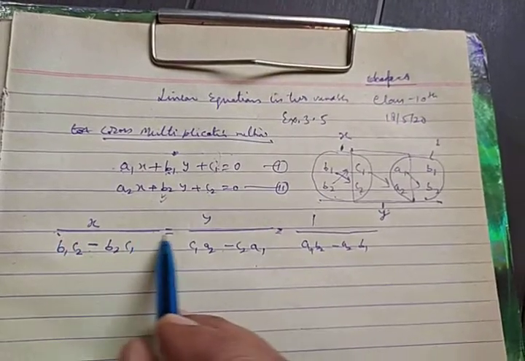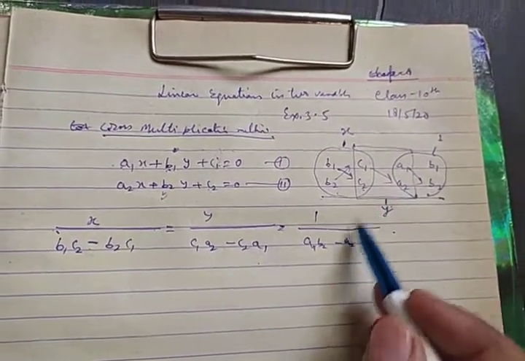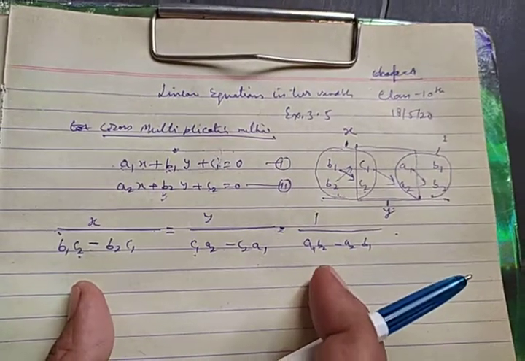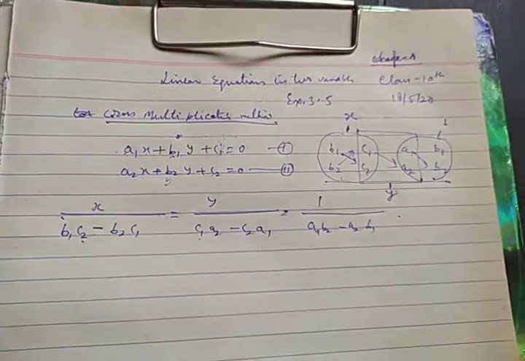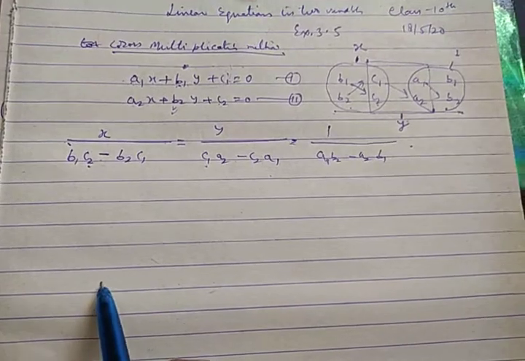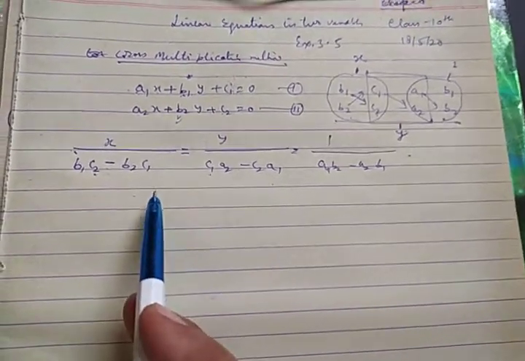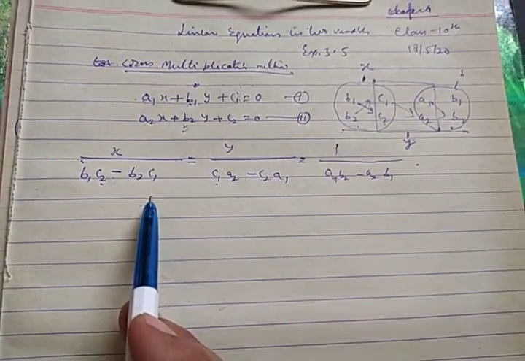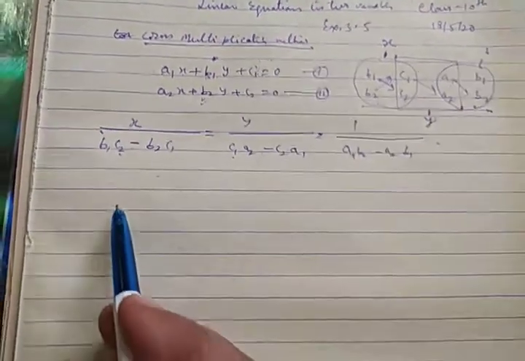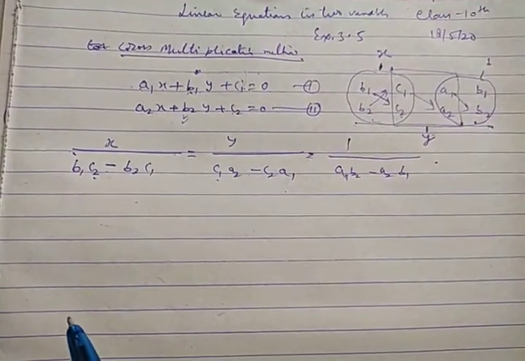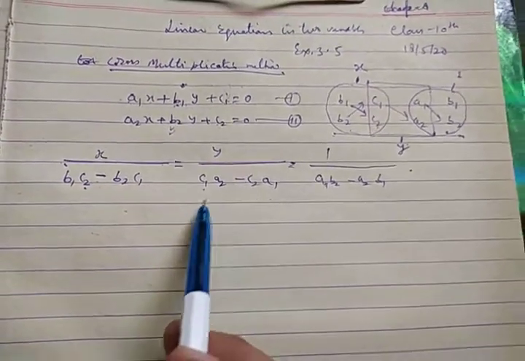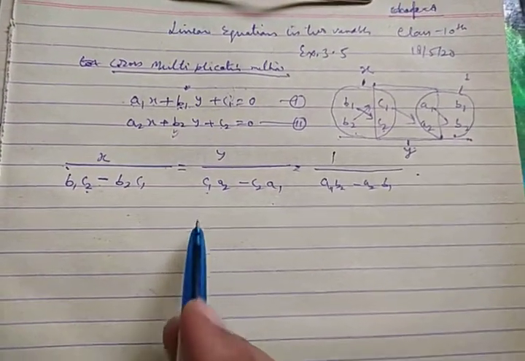You need not learn this as a formula. You have to learn the system, how I am writing these values. Accordingly, you have to apply in your question. I am discussing one question here for the sake of understanding and application of this method. I am not saying it is a formula. Some of the students mug it again and again, apply as it is, and certain mistakes happen there. Now you have to learn the system, how the system is being followed, and you follow that.